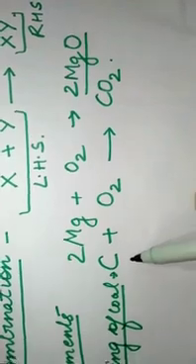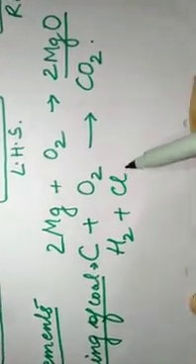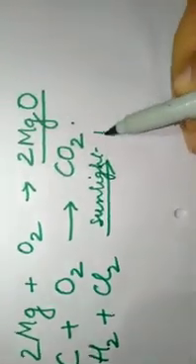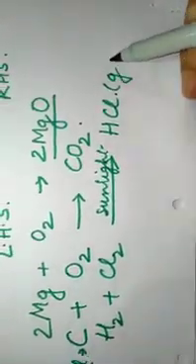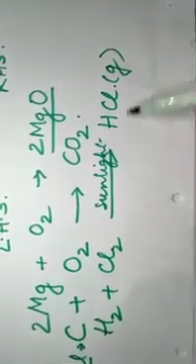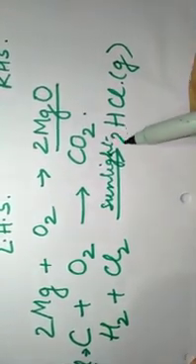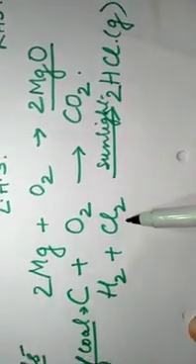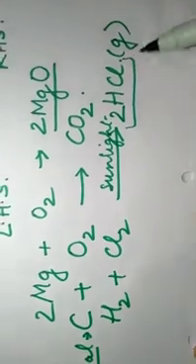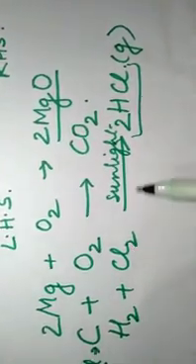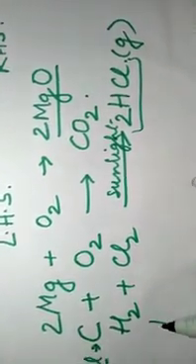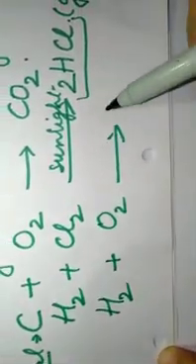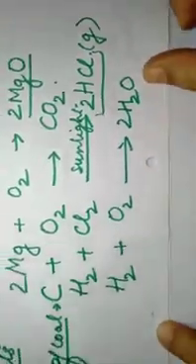In the same way, we have some more reactions. Hydrogen combines with chlorine in the presence of sunlight and forms 2HCl. Naturally these are 2 gases and this is also in a gaseous state. Hydrogen is an element, chlorine is an element, and HCl is a compound. So 2 elements join together to form one compound. In the same way we have one more. There are many reactions, like hydrogen combines with oxygen and forms 2H2O. So this is also one.